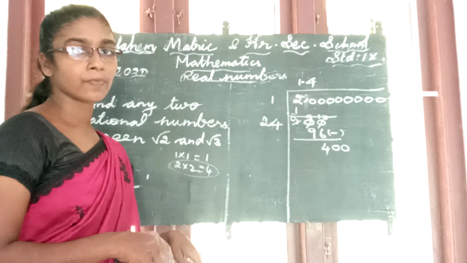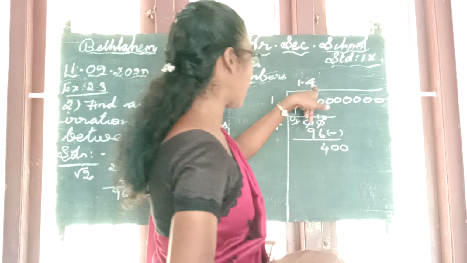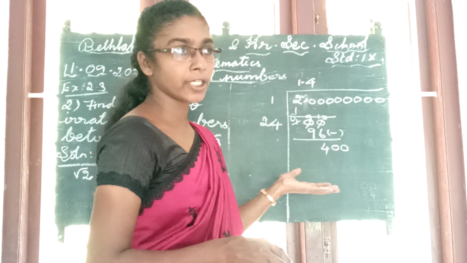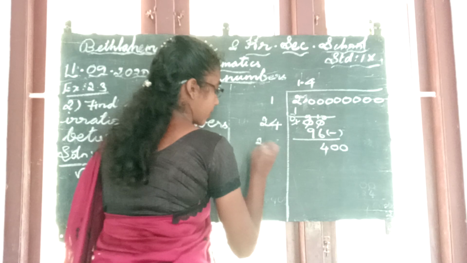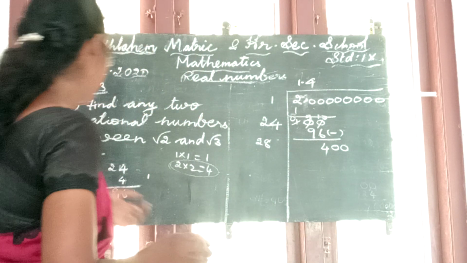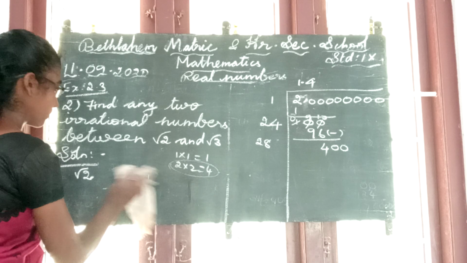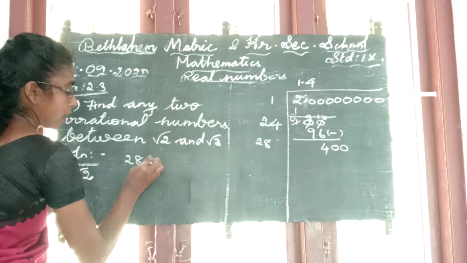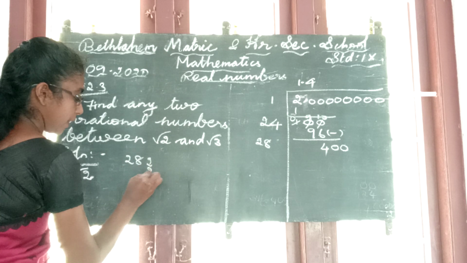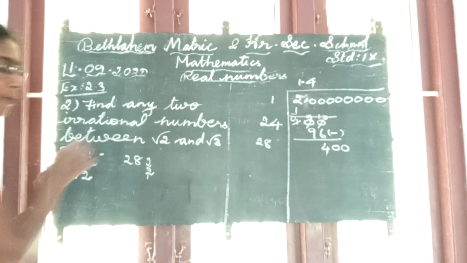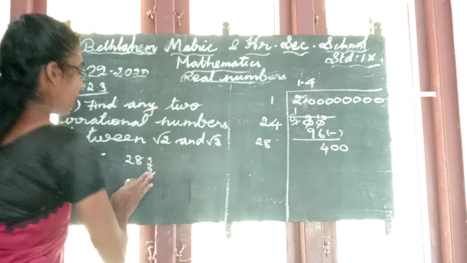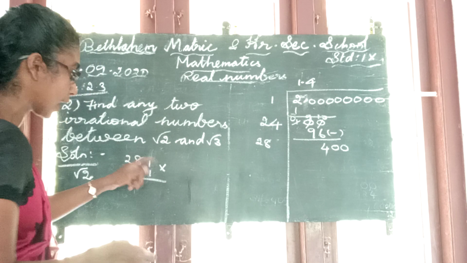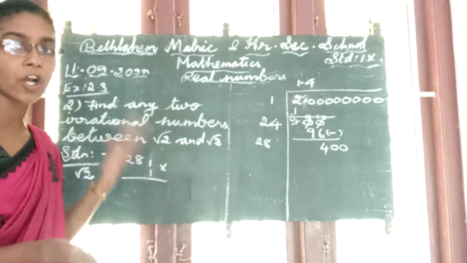Then the next step, without the decimal point, 14. You have to multiply 14 by 2. 14 into 2 is 28. Very good. Next, 28. If you multiply with 2, what will we get? 2 2s are 4, so 400 and some numbers will be there. So not 2 times, only 1 time you can multiply. If you write 1 down, you also have to take 1 with you and multiply.